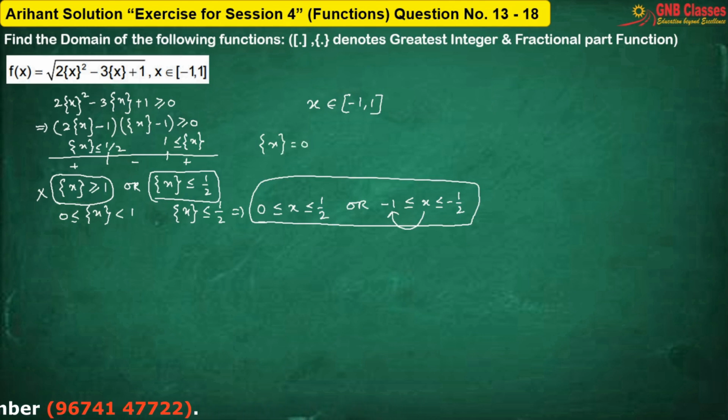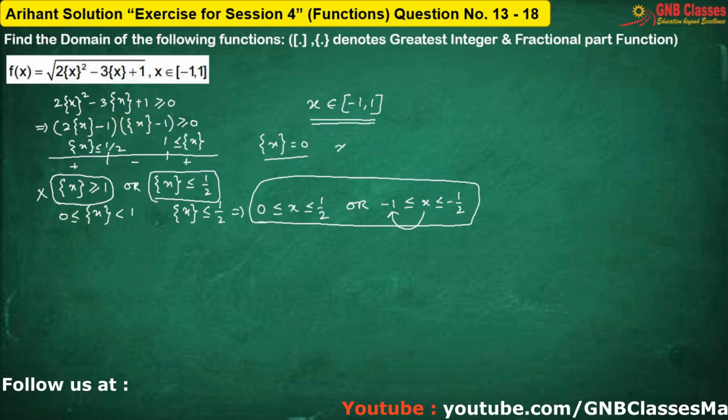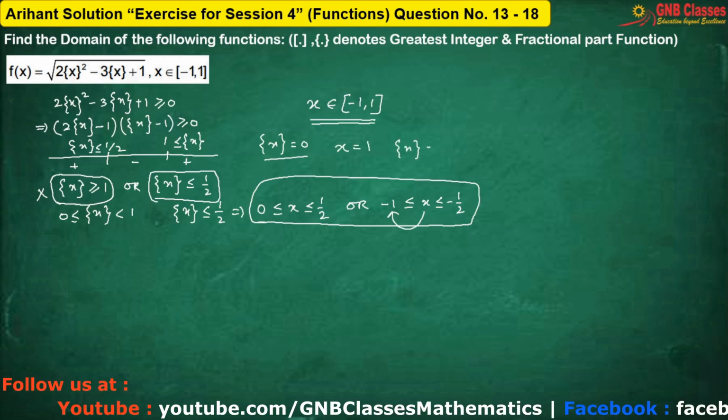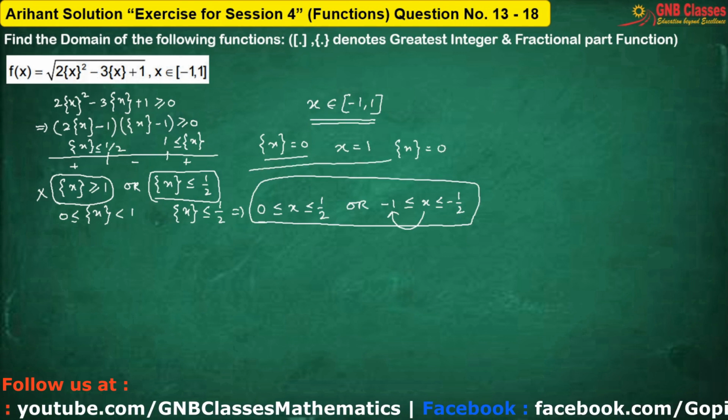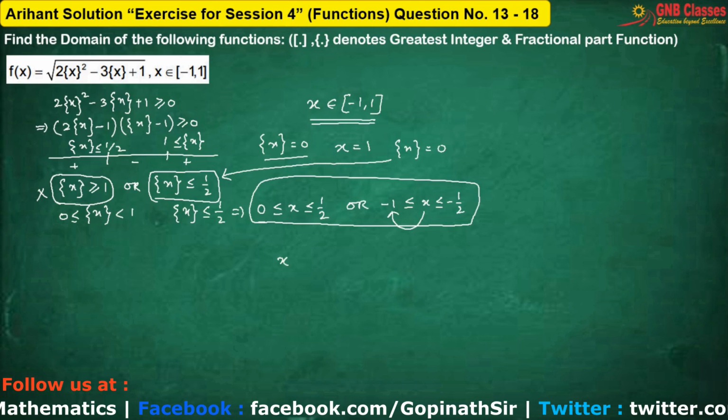Fractional part of x is equals to 0 when x is an integer. Now within this given domain, if x takes the value 1, then fractional part of x becomes 0, which definitely satisfies this inequation. Therefore the required domain will be,